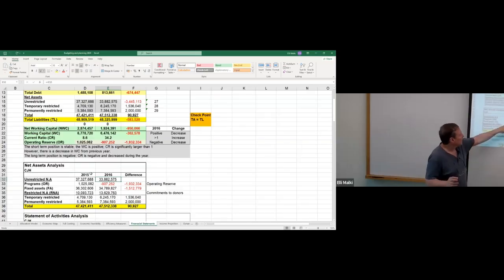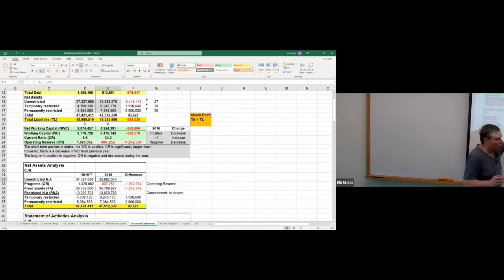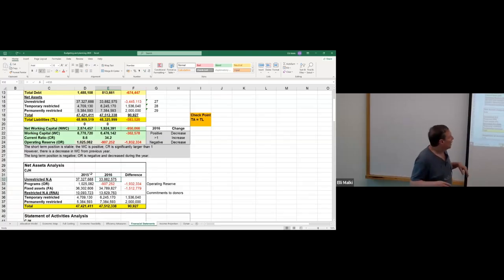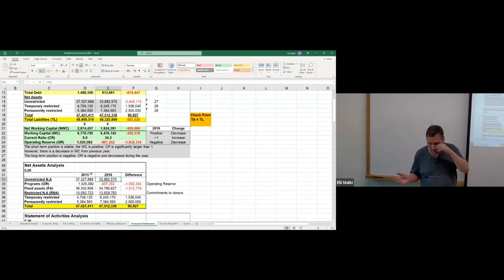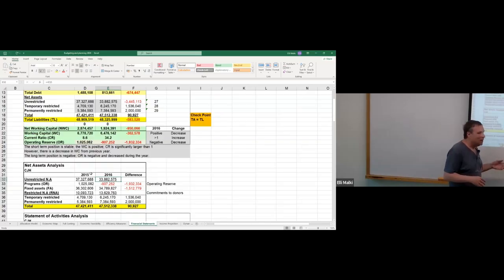What we see here is that we had a positive operating reserve of slightly more than $1 million in 2015, but due to a deficit, which we will see later on where it came from, a large deficit, our operating reserve went from positive to negative. Now we have a negative operating reserve, which means we actually don't have an operating reserve, but a deficit in the operating reserve of